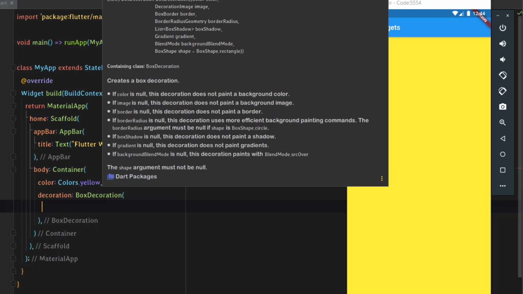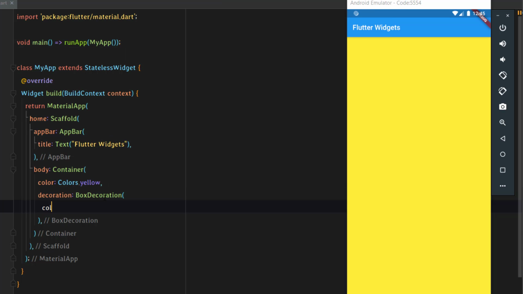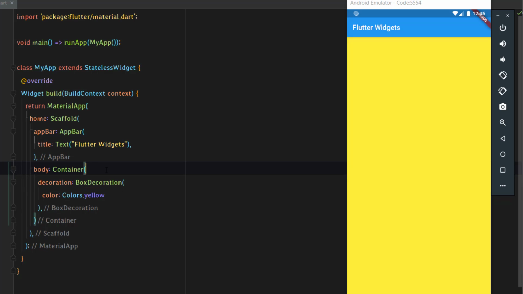We'll just go with a color again here itself, Colors dot yellow. Make sure once you are adding color under this BoxDecoration, remove the color under the root container, and when you save, nothing has changed because it's the same as what we had done.